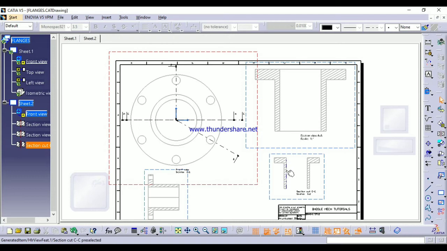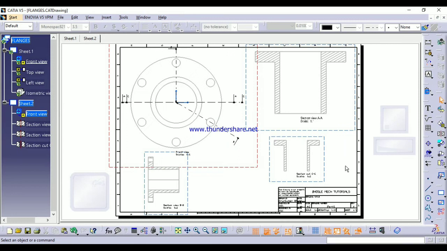Then that only you get, but in between this it is a hole, there is no part available. That's why we didn't get any lines. But in offset section view we will get the line representation, but in cut we will not get that line representation. This is the difference between section cut and section view. That's it.